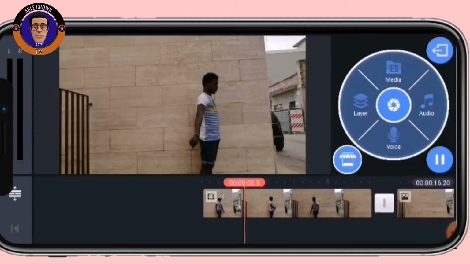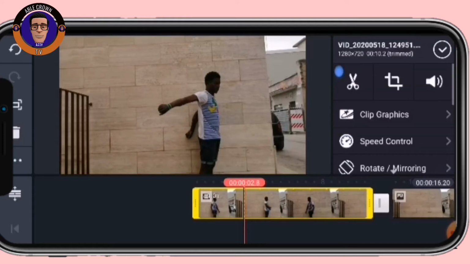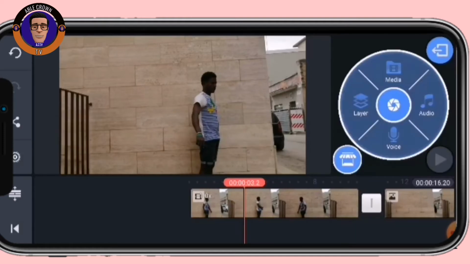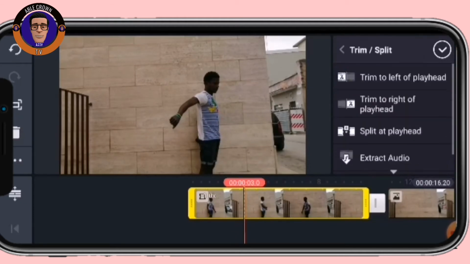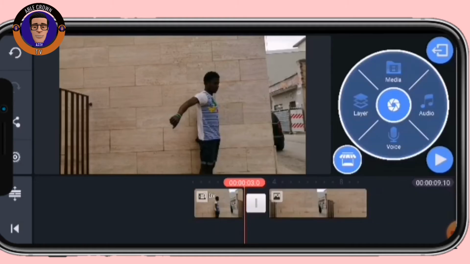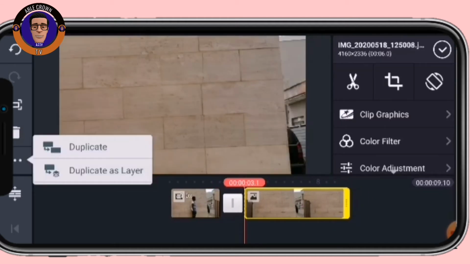Yeah, so I've got it. So this is the exact place. I'm going to stop. I'm going to trim it again, trim it to the right. Okay, you can see it there. All you have to do is duplicate this very one, duplicate it, duplicate as layer.